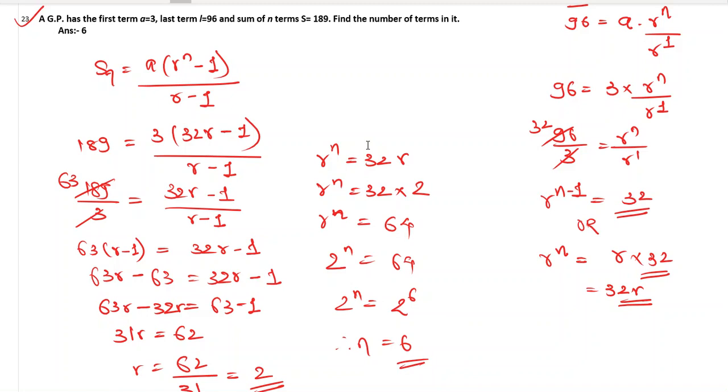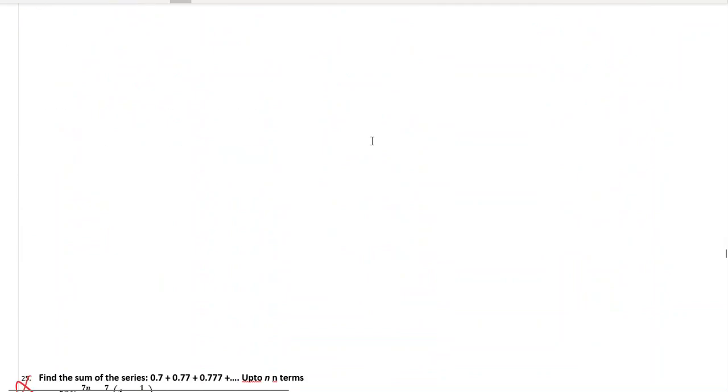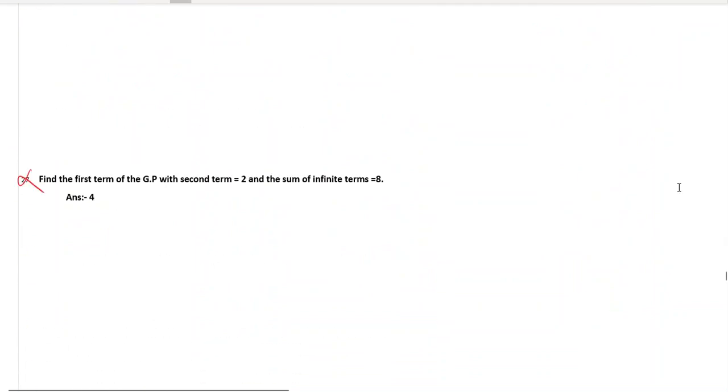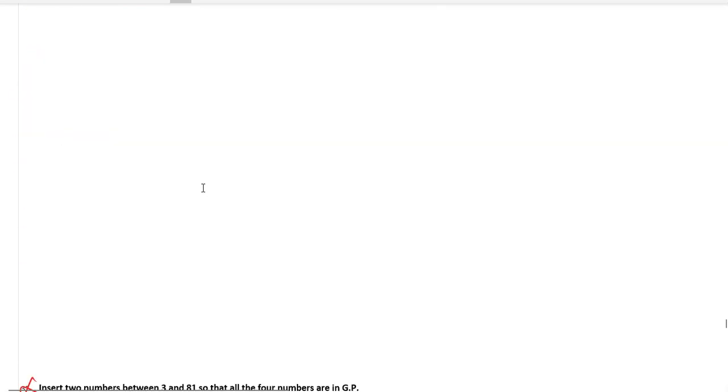Next question is question number 20, the last question and the last topic. Okay, so there are many questions which are not there now. Sum of infinite terms of GP, you will study that in class 12th. Okay, before we go ahead, there is this question of geometric mean on your screen. So what is geometric mean? Let me write here, geometric mean.